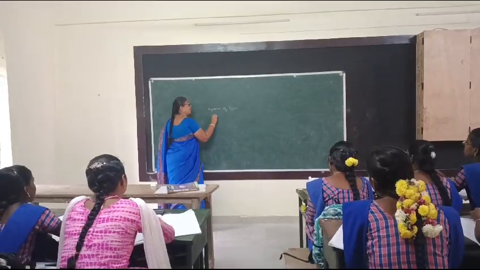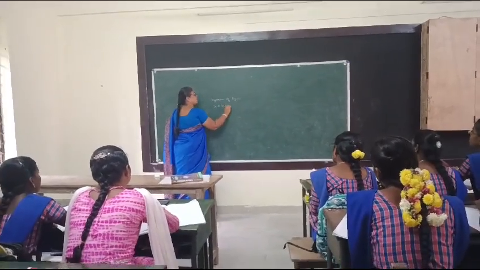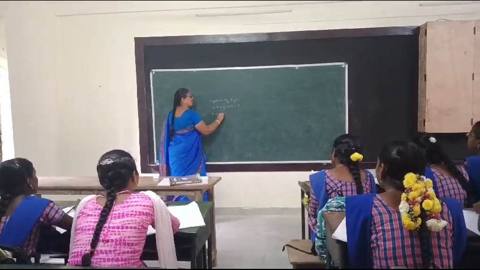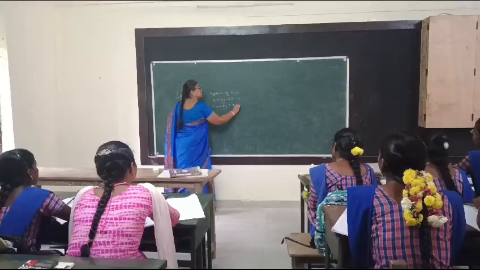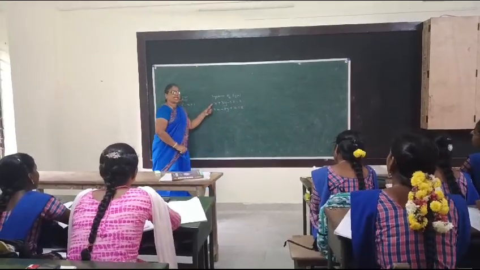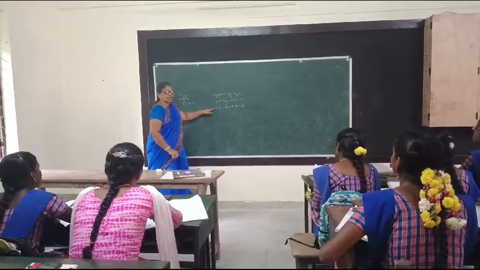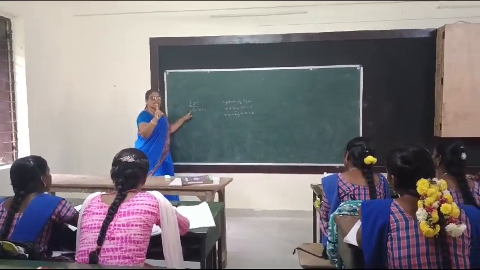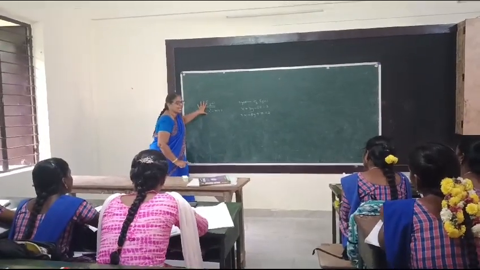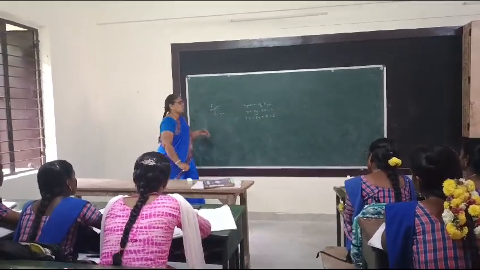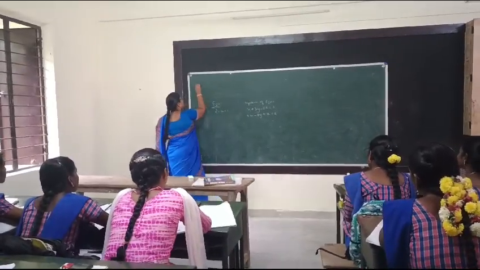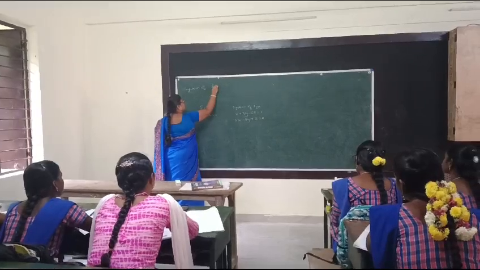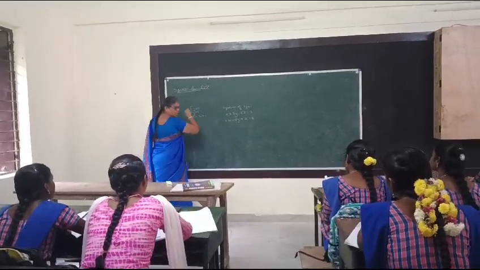For example, if I take like this, 3x plus 3y minus 5z equal to 3, then 2x minus 8y plus z equal to 2. So here we are taking more than one equation, so we call it a system of equations. But here I am taking only a single equation, so it is called an equation. So in this unit, we are going to see solving the system of equations.